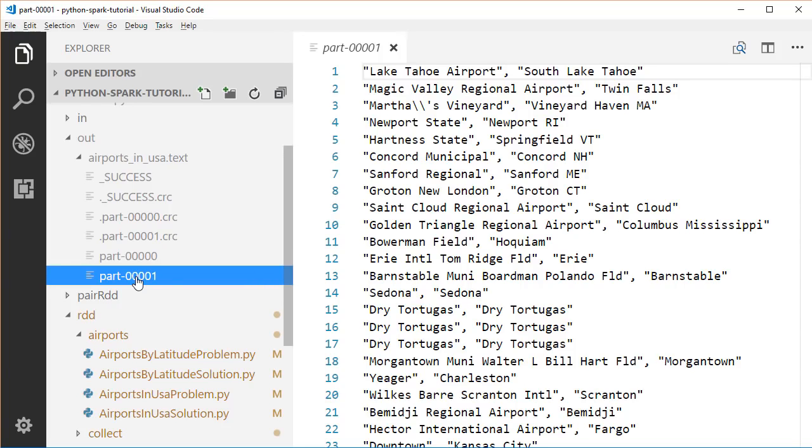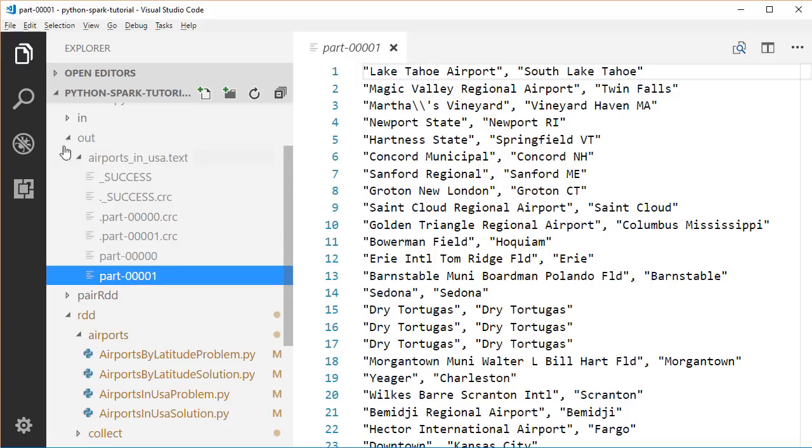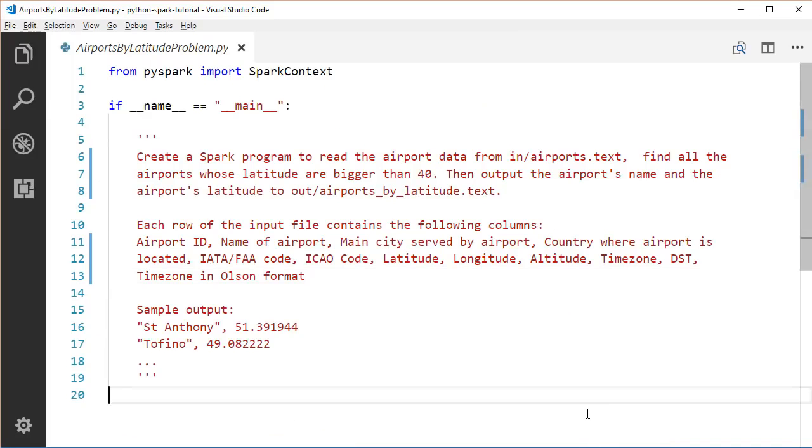Next, it's time for you to do a practice. Let's open the airports by latitude problem file. We will still be analyzing the same input airport data. We want to find out all the airports whose latitudes are larger than 40, and output the airport name and latitude pair to a file. It's your turn. Try to implement your solution in this file. Take your time to work on this task, as this is your first Spark practice. If you get stuck, take a look at our airport in